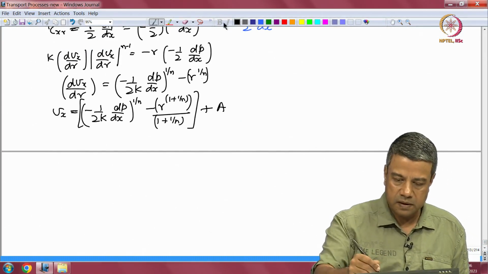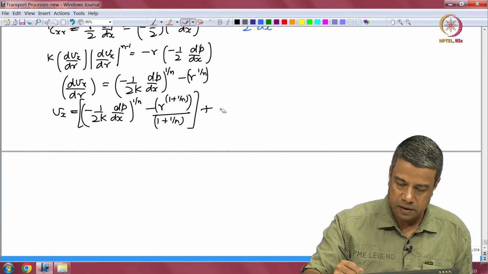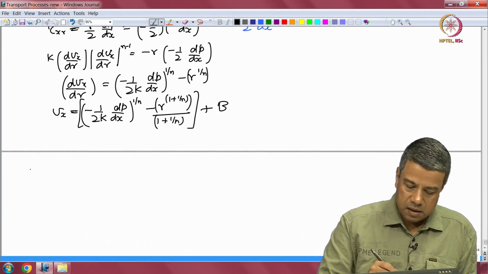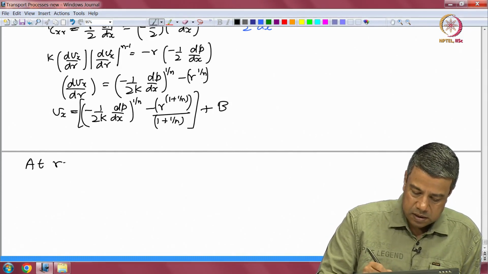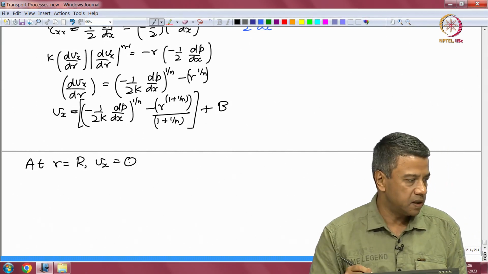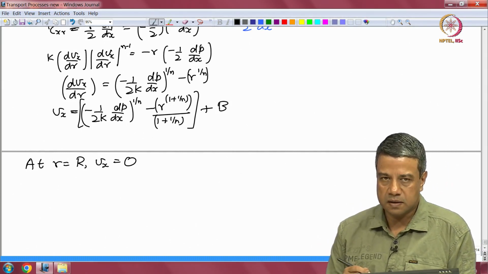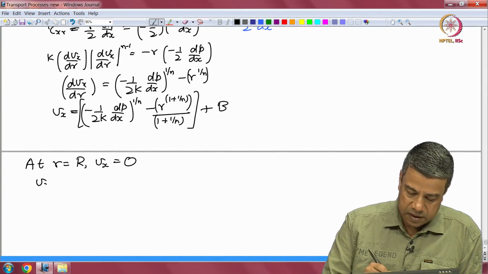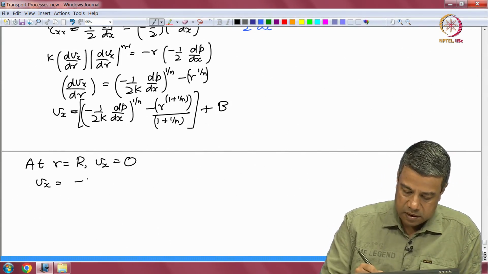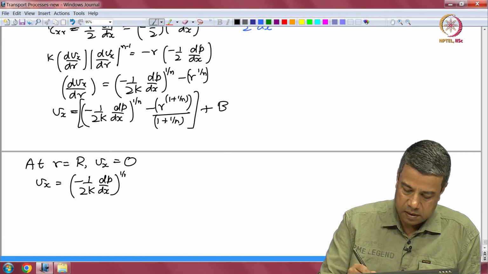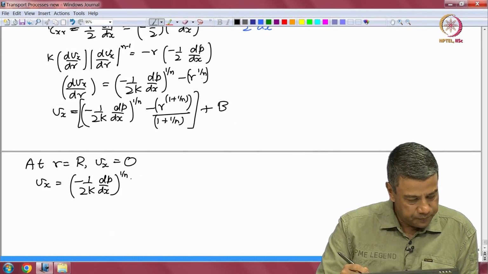The constant of integration, I should note it as b. I have already used a one time. So, this is b at r is equal to capital R, V x is equal to 0. Okay, that condition can be used to determine what is the constant. And you will get an equation for V x is equal to minus 1 by 2 k dp by dx whole power 1 by n into